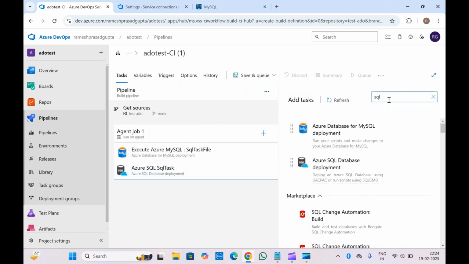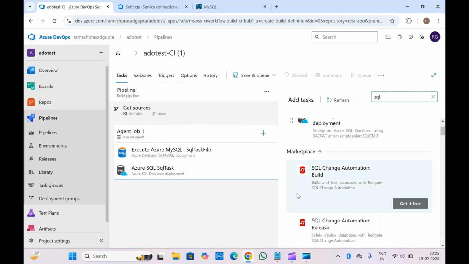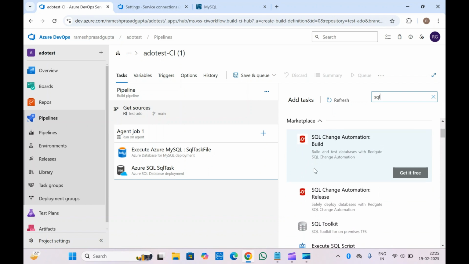So these are the two tasks which are very important if you want to work with MySQL database inside Microsoft Azure. You can use any of the tasks to deploy the resources. If you have a script file, or if you want some easier deployment or easier task, you can use the first one because this is quite easier if you compare this with the second one. If these two do not fulfill your requirement, you can also explore the marketplace and check different types of tasks provided by different people,